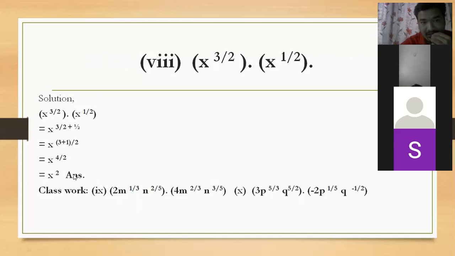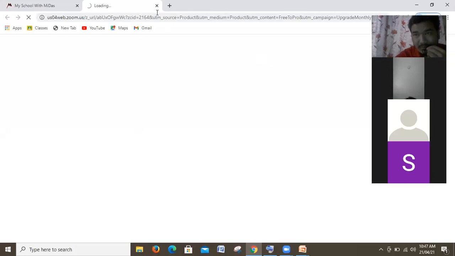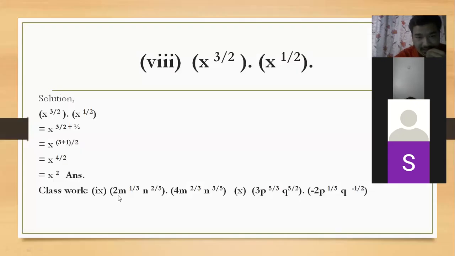Now let's do this other as a classwork and tell me the solution. Sir, 8mn. Okay, its answer is 8mn. Very good. Now, what is the answer of this number 10? How will you solve it? First, multiply the coefficient. Minus 6 it will be. And you please tell the answer.